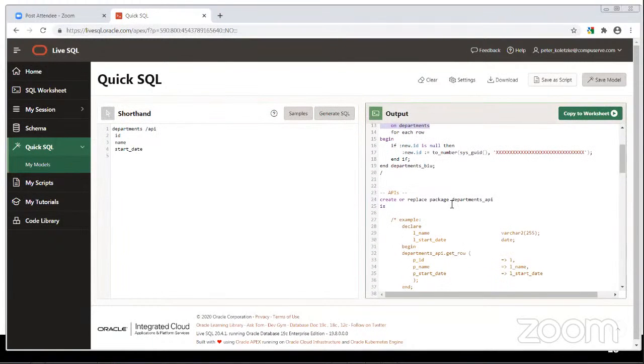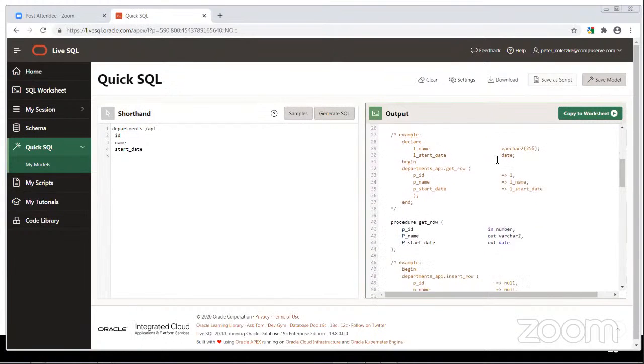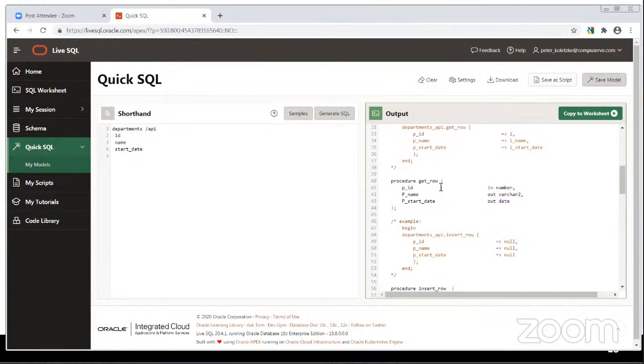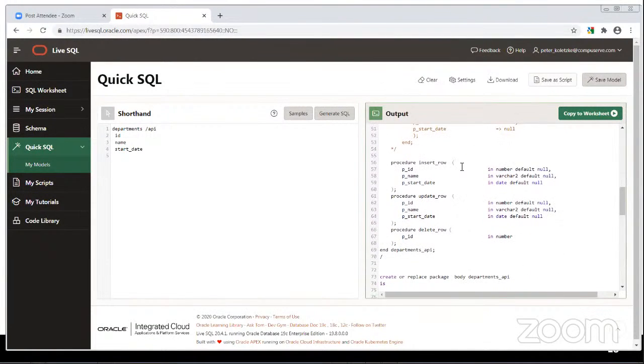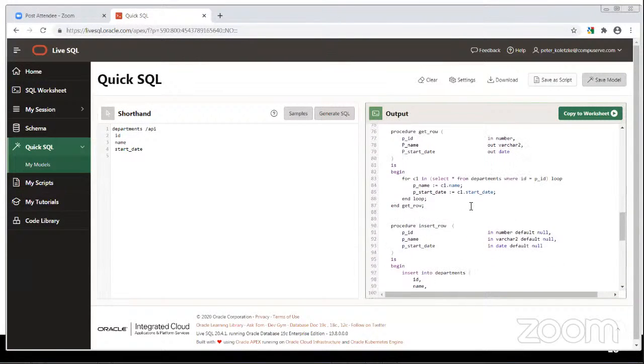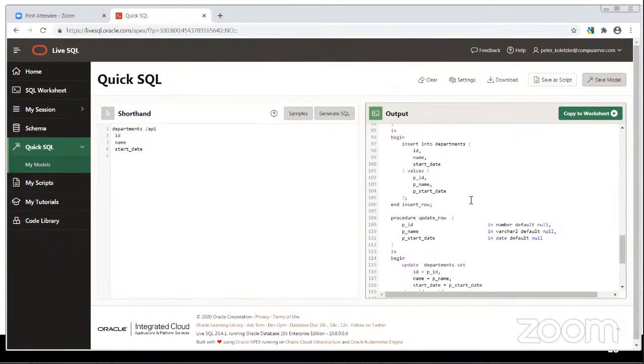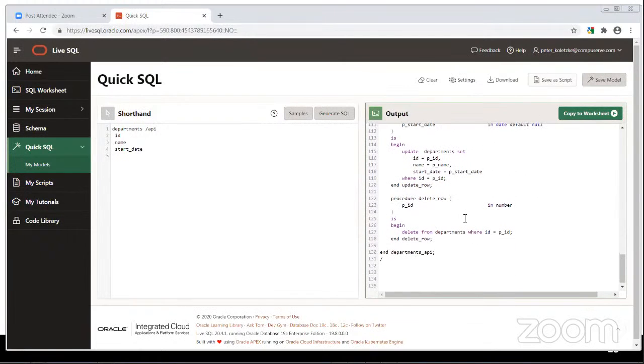And it creates a package with a get row. Get row is actually the select. So this is not something that I've talked about yet, but it also does the insert row, update row, and delete row. And if you look at the body, get row is the cursor, but if you do insert row, it's very similar to what we've just been looking at, update row, delete row. So this is another possibility for creating a table API, but this is really good for creating tables